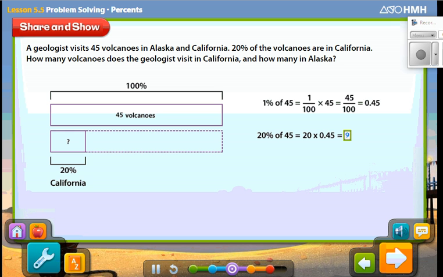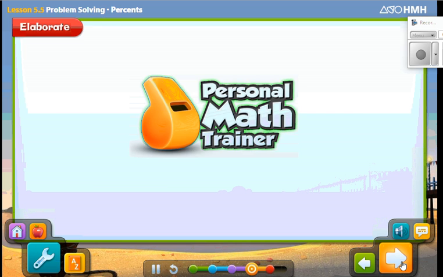Excellent. The geologist visited 9 volcanoes in California. Finally, subtract to find how many volcanoes the geologist visited in Alaska. Type the answer. Great job. 45 minus 9 is 36. The geologist visited 9 volcanoes in California and 36 volcanoes in Alaska. Now let's